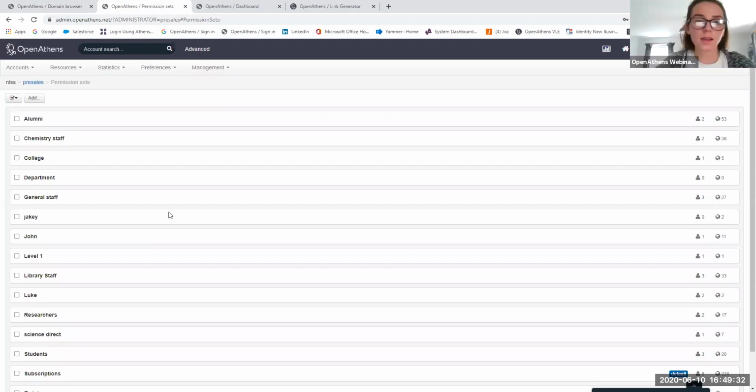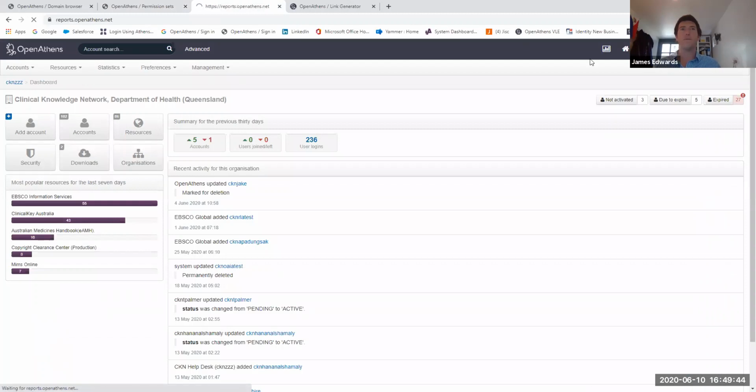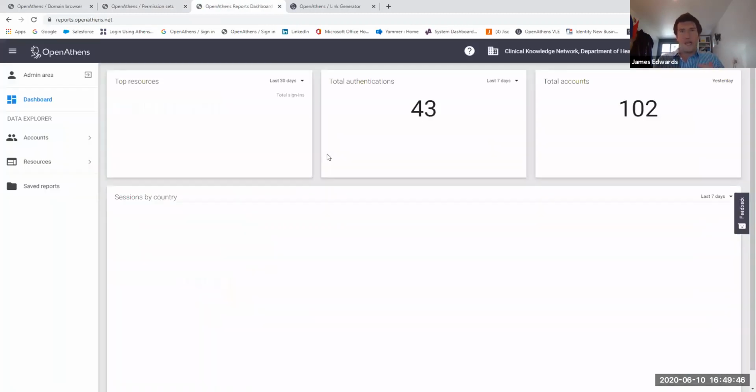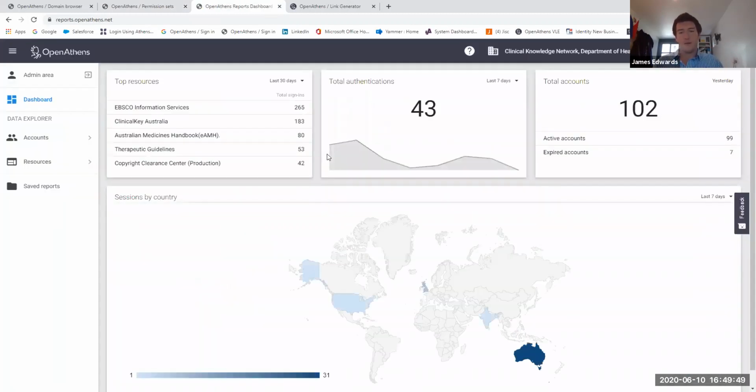Shalini has also asked, can you please discuss how to gather usage data for each database or resource? So what we measure here is different to, for example, COUNTER reports. What we are measuring is the authentication log. The moment we authenticate a user to a resource, that's what we log.